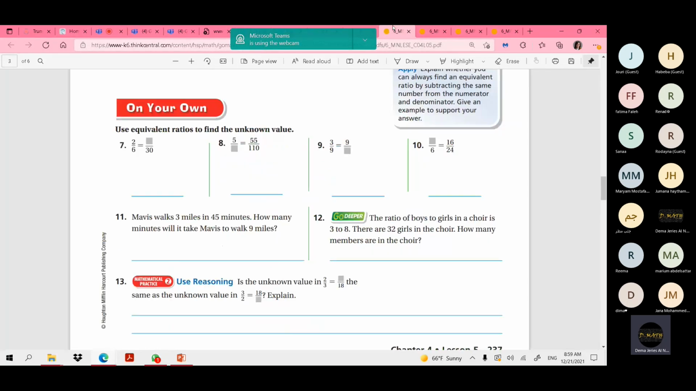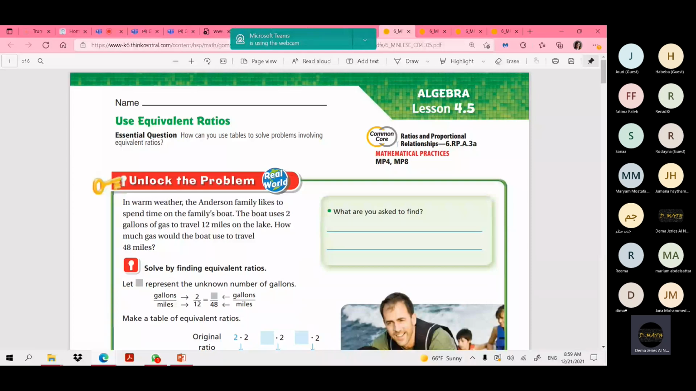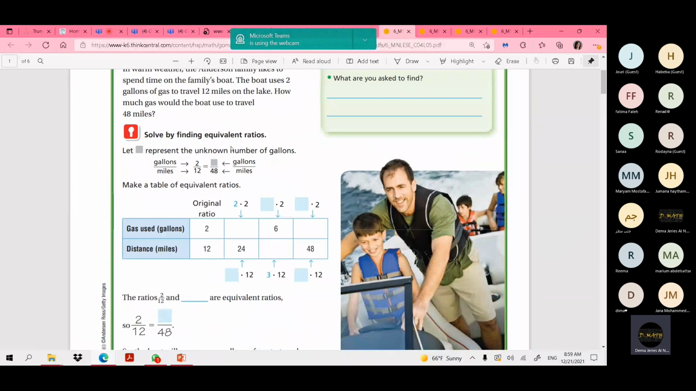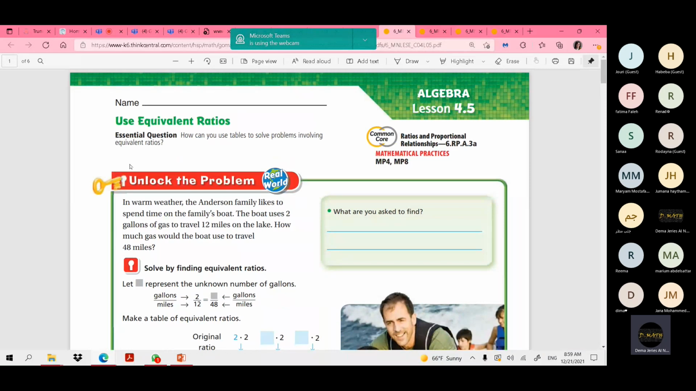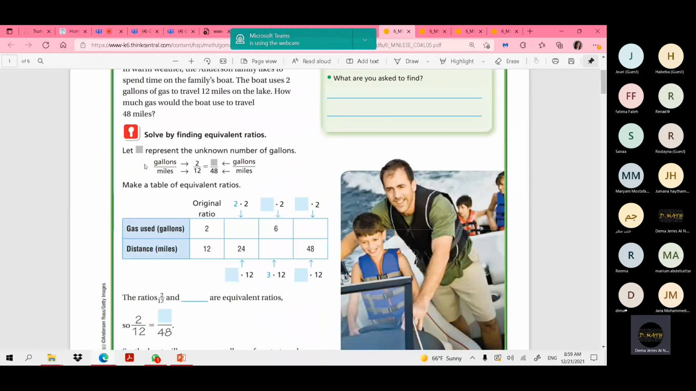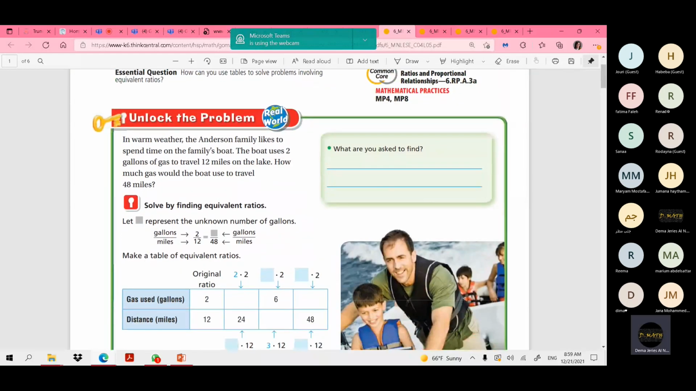Okay. Now all of you, please go to lesson 4.5. Use equivalent ratios. Now, as we remembered before, here what do we have? We have ratios, and we're going to learn how we can find the equivalent one. Look at this example here. In warm weather, the Anderson family likes to spend time on the family's boat. The boat uses 2 gallons of gas to travel 12 miles on the lake. So, what did they use? They use 2 gallons